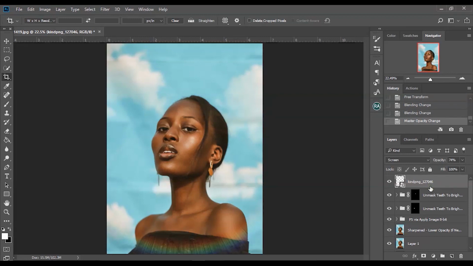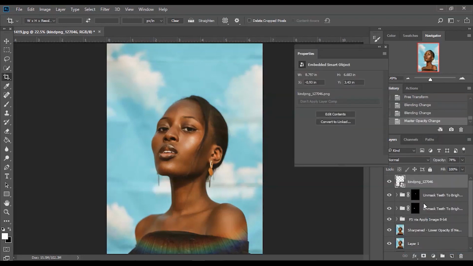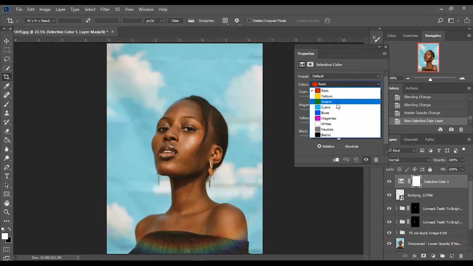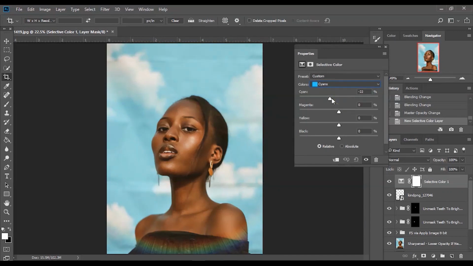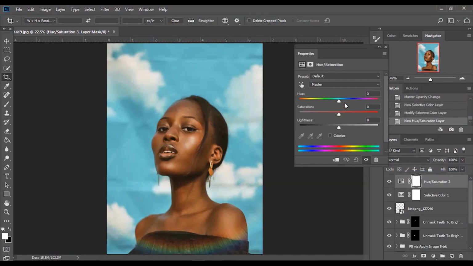So next thing I want to do is adjust the blues in the background. I'll move over to my selective color, move over to the cyan channel, and then bring all of this forward. Then adjust my black so that the blues could have a little bit more contrast in them. Over to my hue and saturation, and then adjust my cyans to any color that I love. So I'm just going to leave it here because I like how dramatic it makes the sky here.